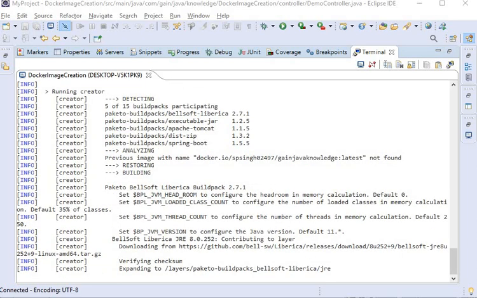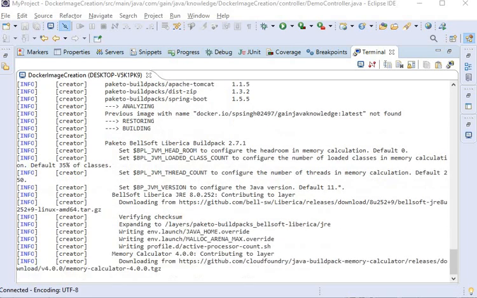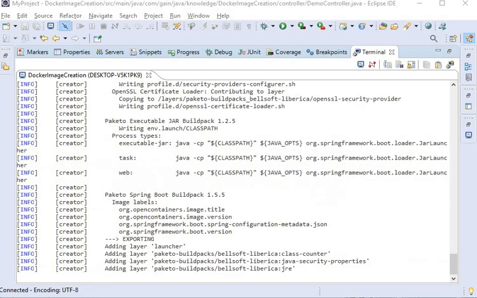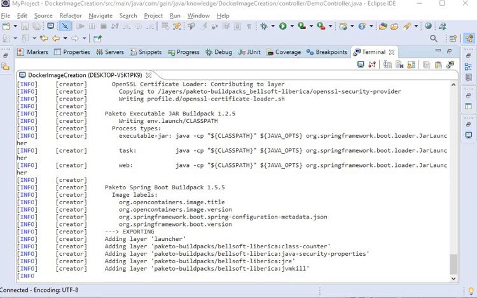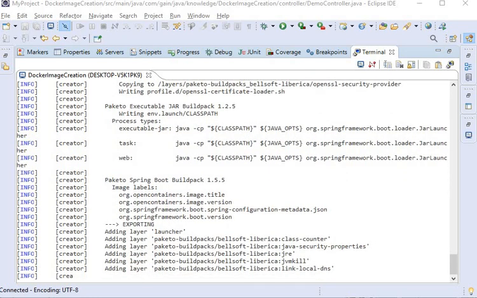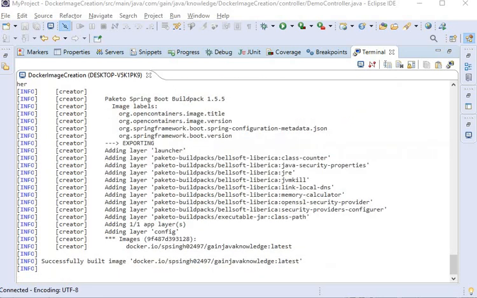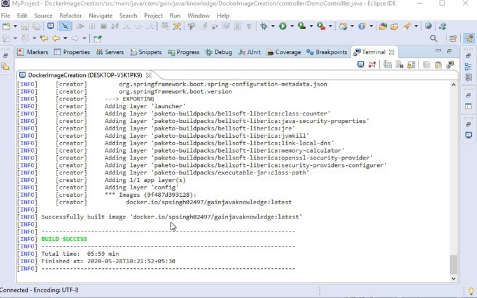Here it's verifying checksum and expanding to layers Paketo. Here we can see successfully built image, that is SPSync gain Java knowledge latest, and build success.